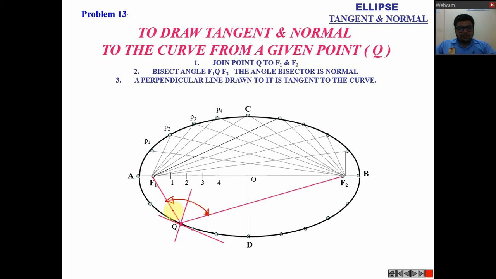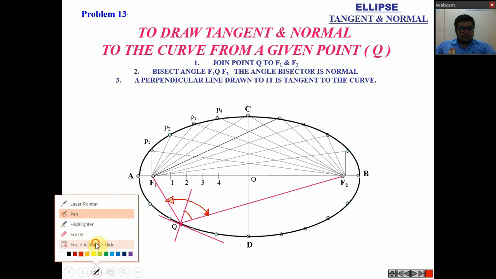So suppose this angle you are getting is 100, so this angle will be 50. So with the use of the angular measuring instrument, you can mark this angle and you can also mark the bisector. Suppose you are not having that instrument, then you can follow one method. Let me show you here